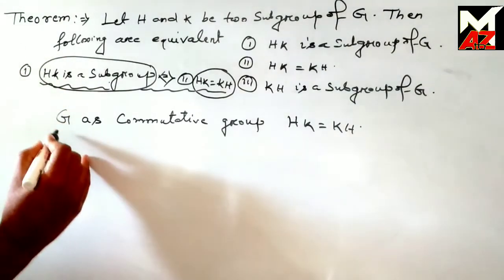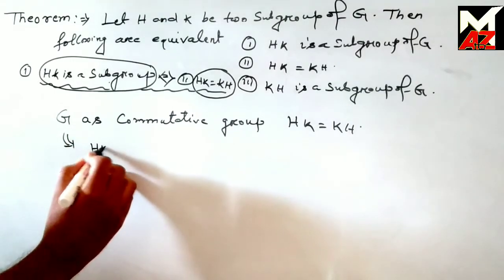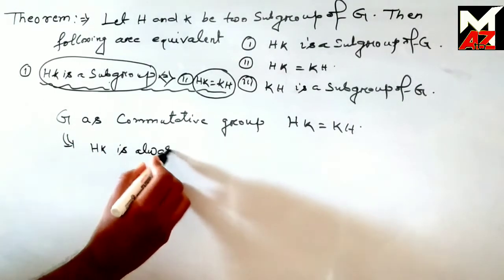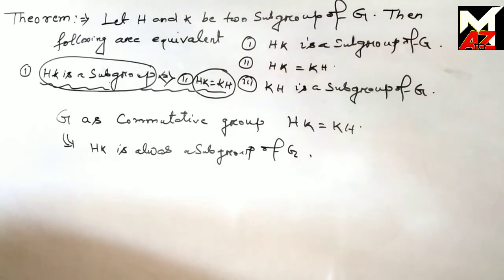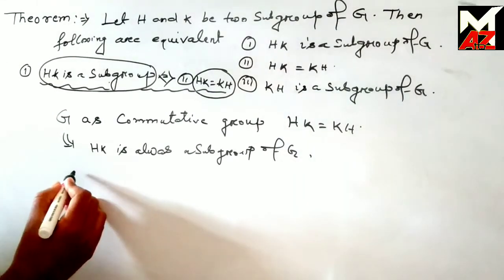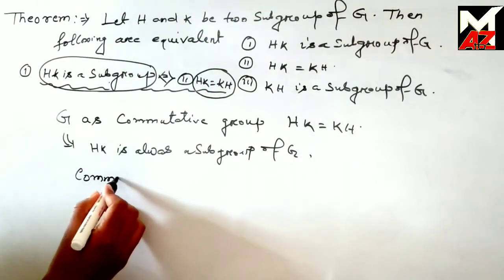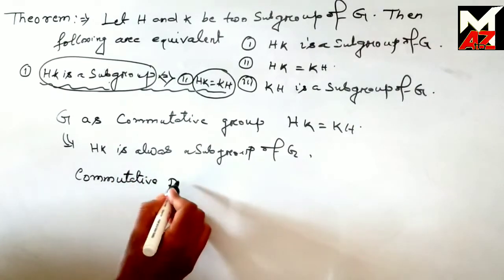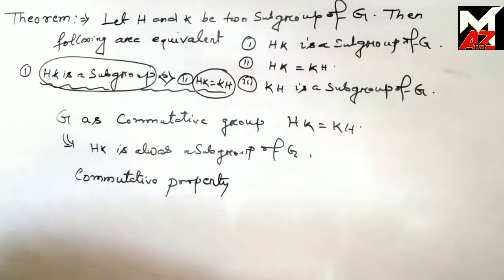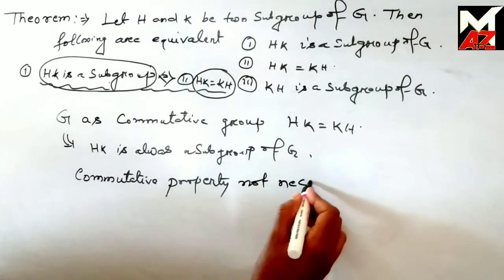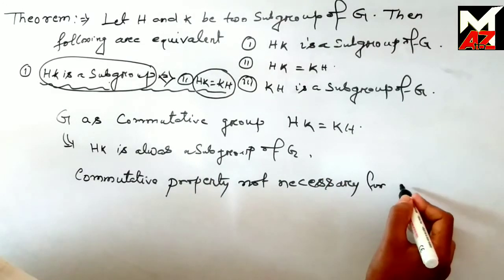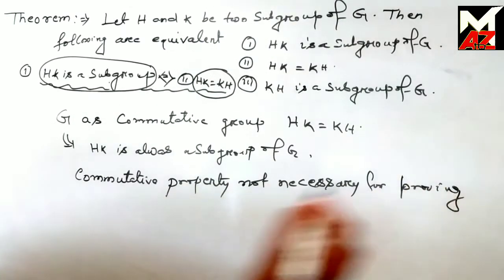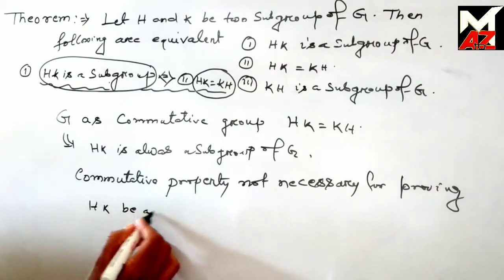Then we say that for a commutative group, HK is always a subgroup of G. But here it is important to notice that the commutative property is not necessary for proving HK to be a subgroup,